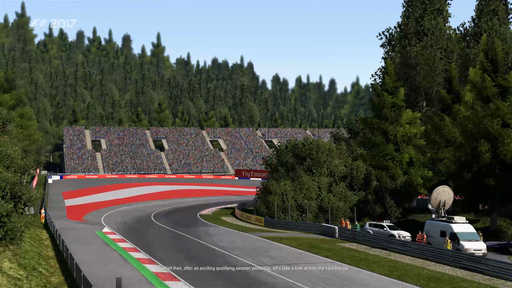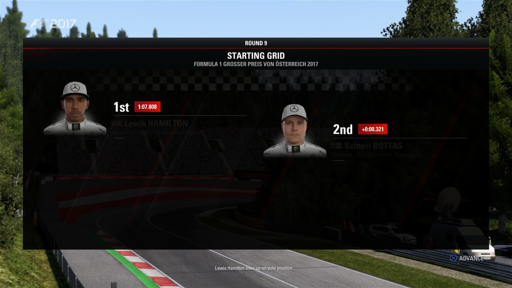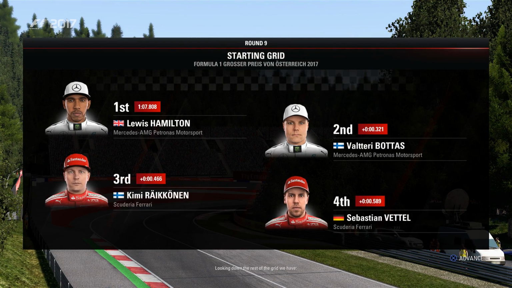Well then, after an exciting qualifying session yesterday, let's take a look at how the cars line up. Lewis Hamilton lines up on pole position, and Valtteri Bottas will line up alongside. Looking down the rest of the grid, we have Raikkonen,